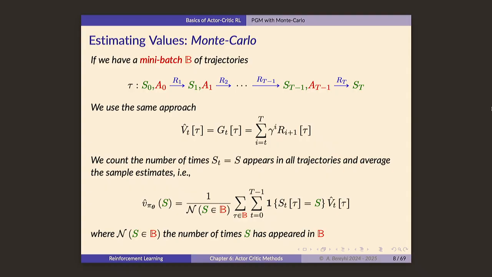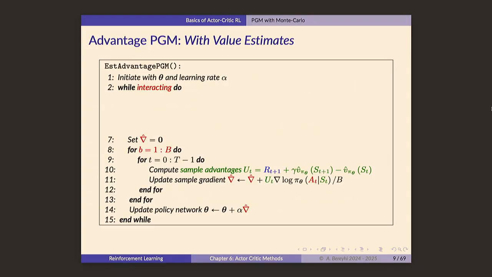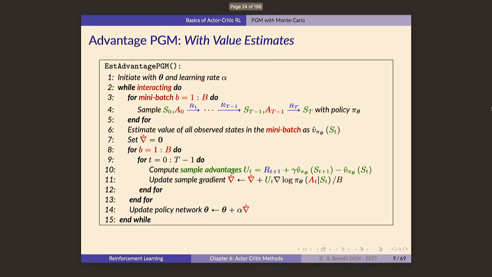Everybody's clear? So you can just replace the value function with a value estimator. You might say, okay, I don't have the value function itself, but I'm going to replace it by an estimator, and the estimator that I have is this dummy estimator that I showed you, right? Everybody's cool, right? So you can implement this algorithm, and this is not going to work,